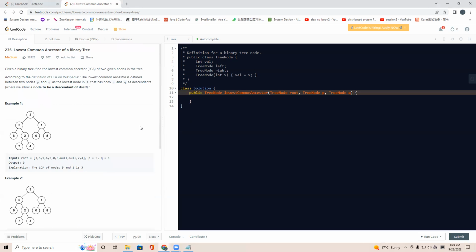For this question, we would like to use divide and conquer. The way we do this kind of question is that we look at its left child and right child. For the left tree, we call this function. So for this function, what we return is that if there is